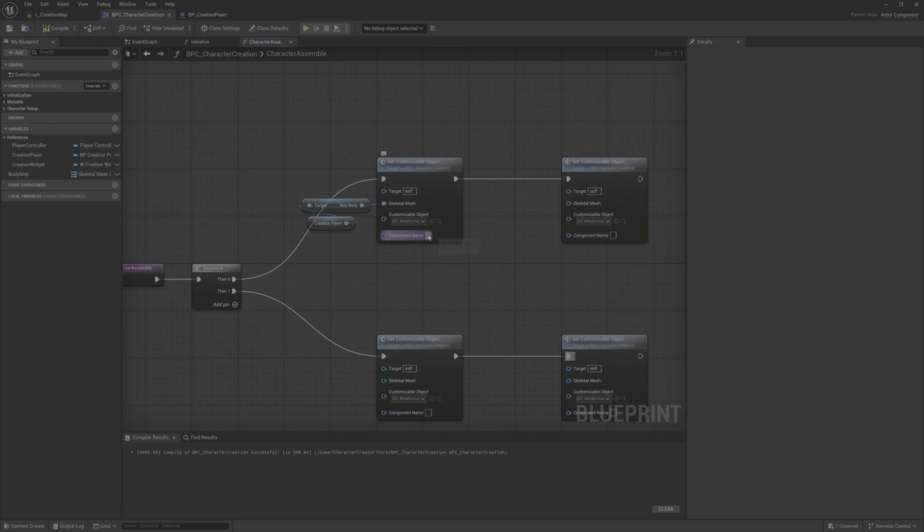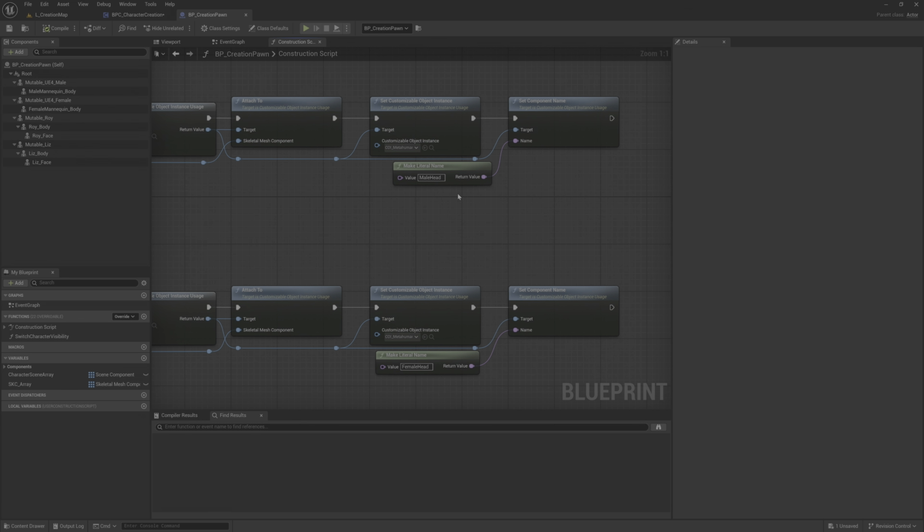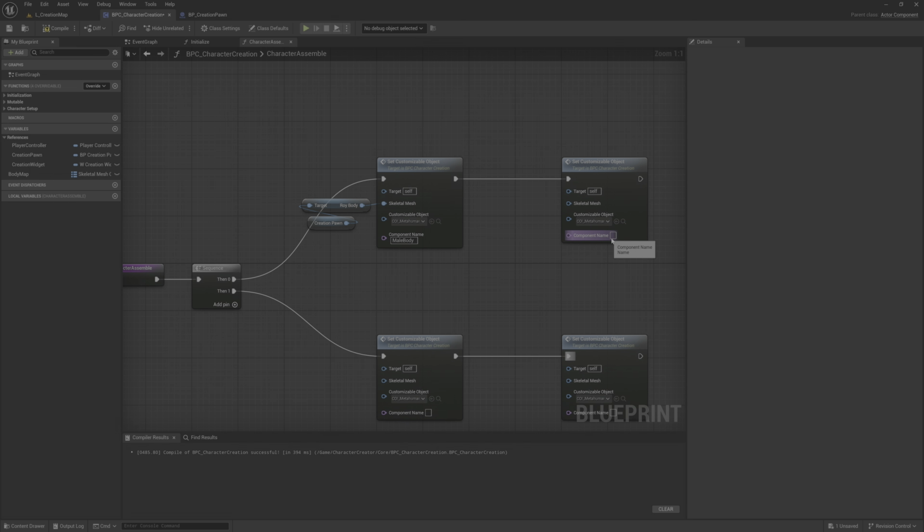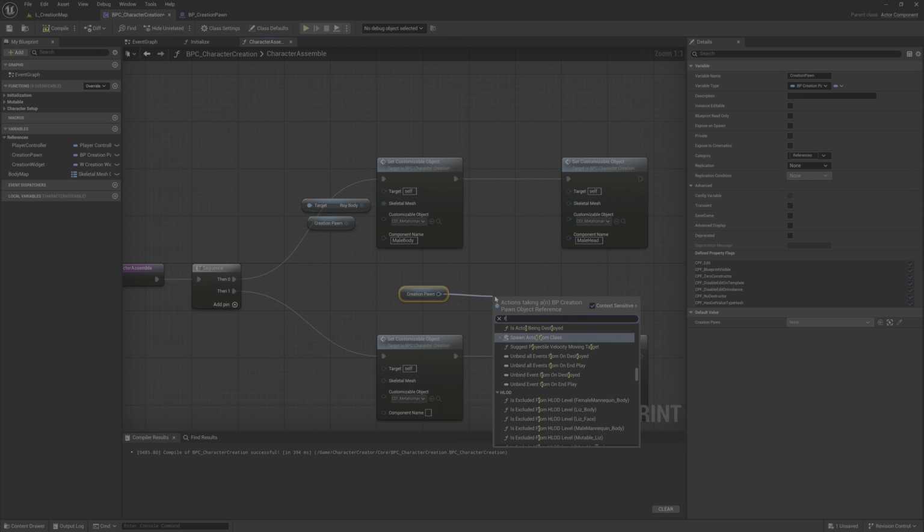So we will basically replicate everything inside our component there. And from male here, other Roy face.